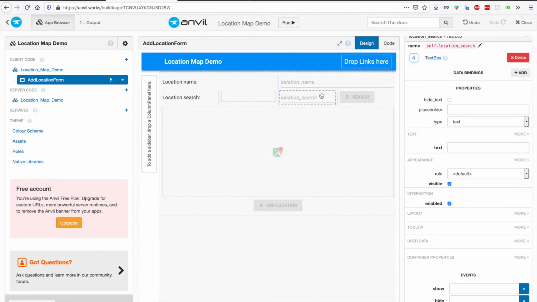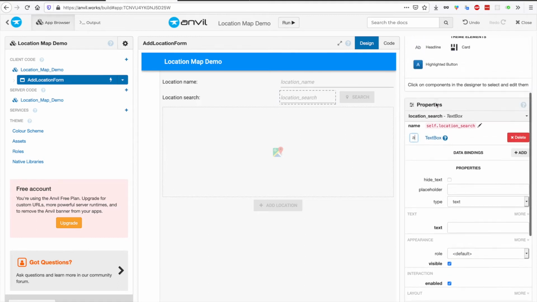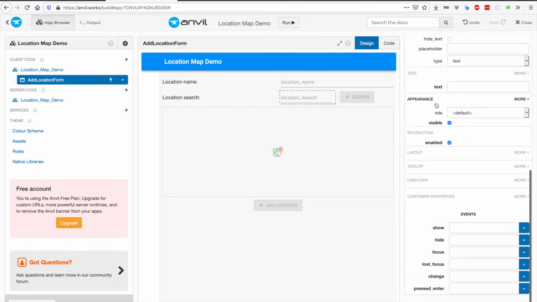So in order to do that, if I click on this and focus on it, then all the properties of that object are shown in the sidebar here. Now if I scroll down to the bottom, there are currently no events attached to any of the different actions, so you can have an event fire when this box is shown, or when it's hidden, or when it's in focus, or loses focus, or contents change, or when you press enter. So I want this to be on change. I want something to happen. So I can click this,